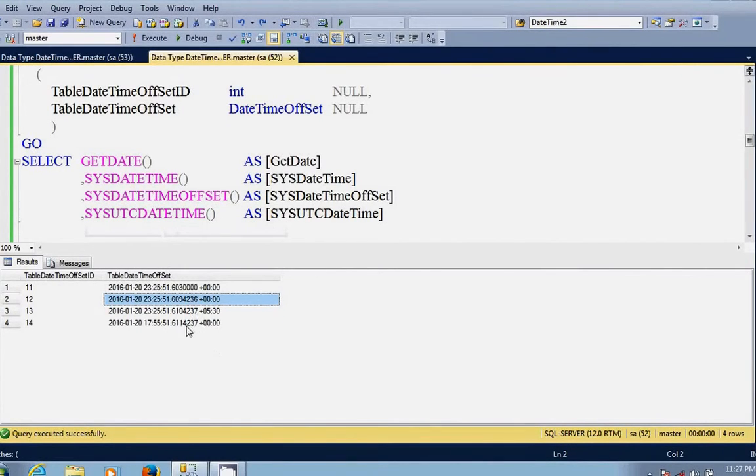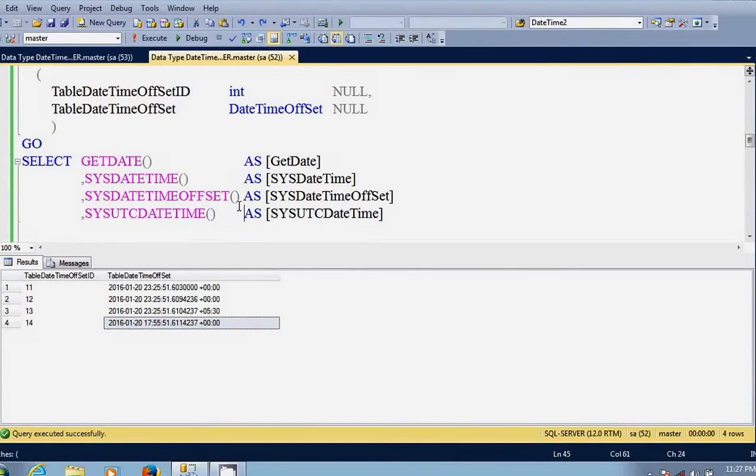See here, the present UTC is 0 only, but our Indian time is 5 hours 30 minutes more than the present UTC time. See the difference in time here, 23:25, 23 hours 25 minutes, and here 17 hours 55 minutes. You can see the difference is 5 hours 30 minutes.